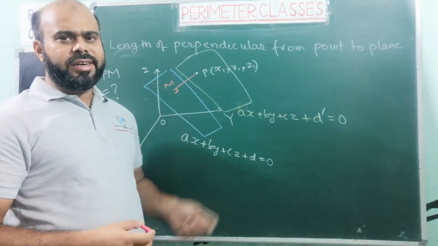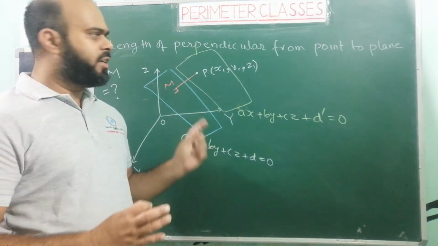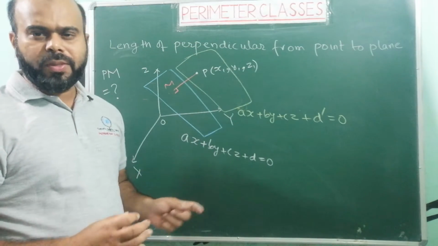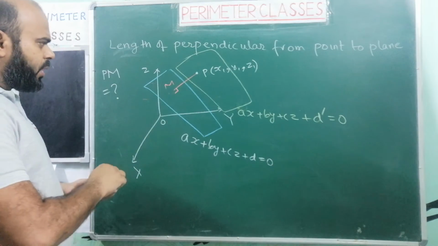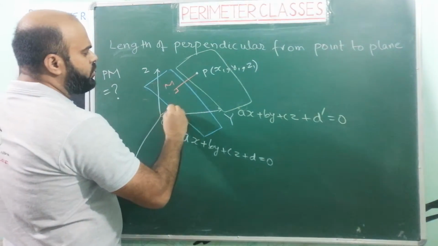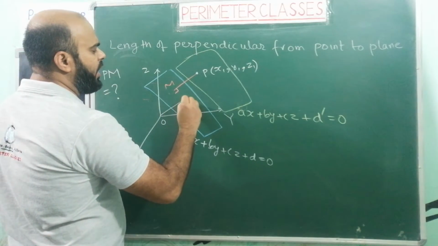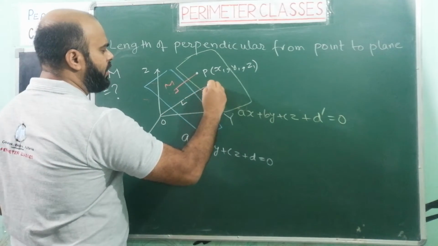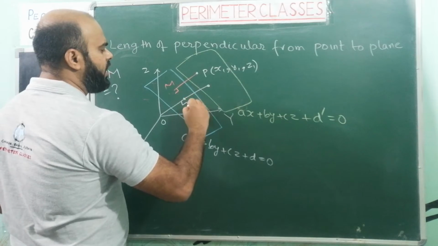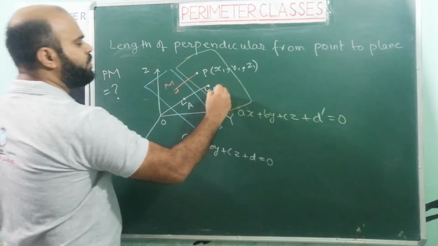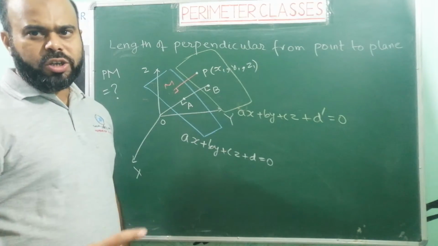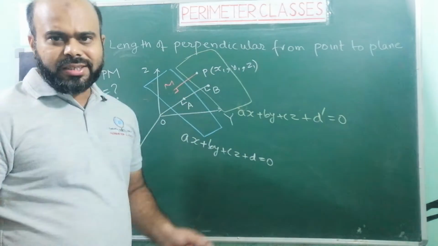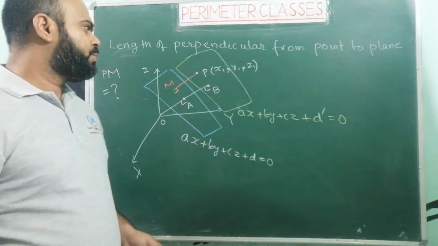Actually we have to find the distance between these two planes, the green plane and the blue plane, and we will get the answer. So now what I am doing, I am drawing a perpendicular from the origin on this blue plane, and I am extending it to the green plane. So here it is A, the foot of the perpendicular, and here there is B. So there is a common normal to both the planes from the origin, because both the planes are actually parallel.